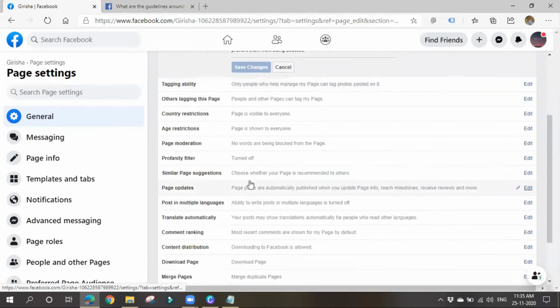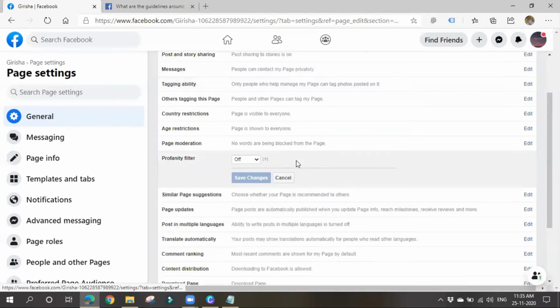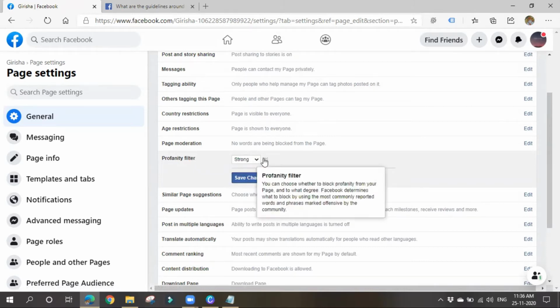Okay, next thing is profanity filter. What is this profanity filter? In order to restrict any kind of abusive post or any kind of sensitive content to be posted on your page, I'm making it strong. You can keep it medium or strong, whatever your wish. I'll keep it strong. See, you can choose whether to block profanity from your page and to what degree.